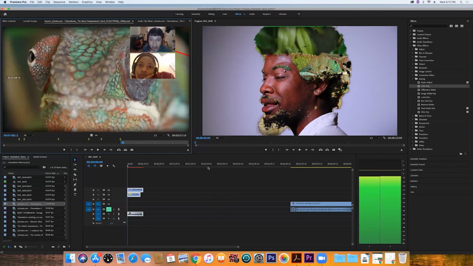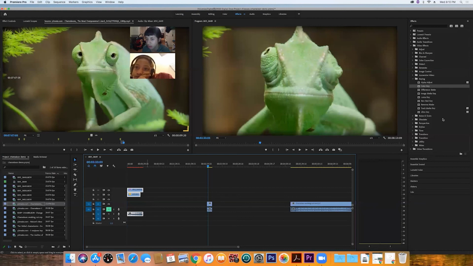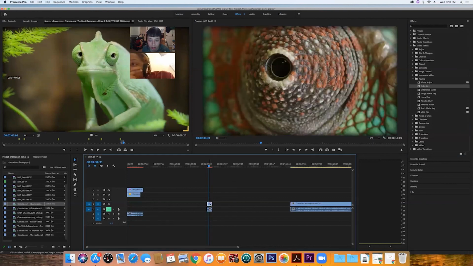But what I did, and this is a good idea to demonstrate, is I put the color key on the chameleon,